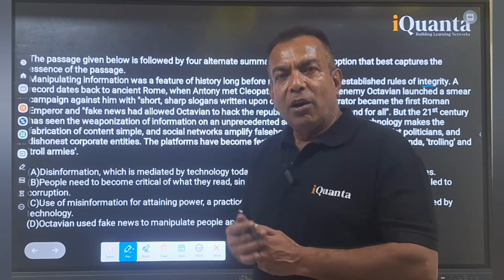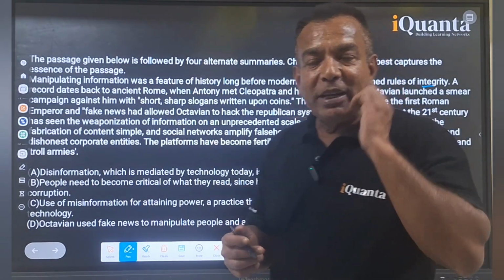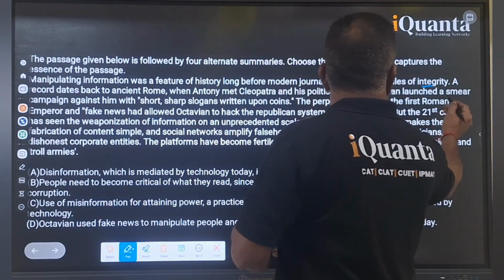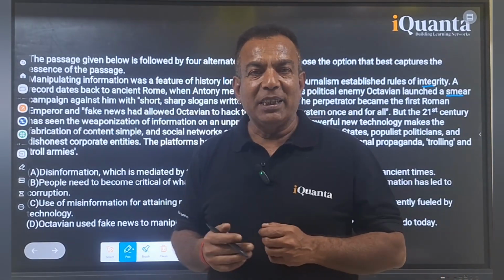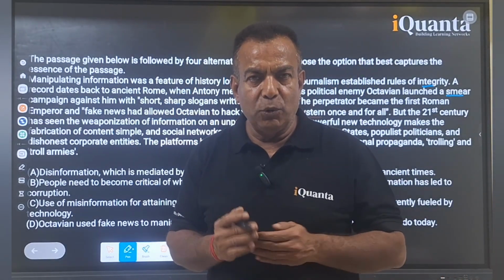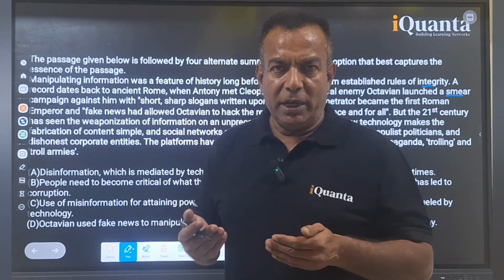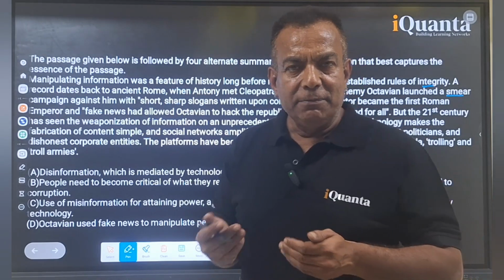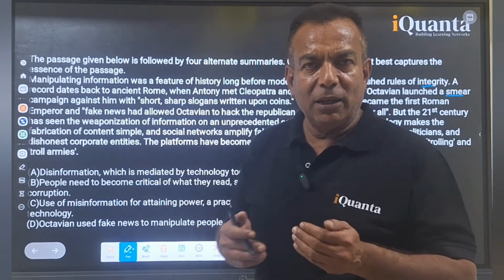And Octavian basically launched a smear campaign. Now, smear here is basically to slander somebody, किसी को बदनाम करना, किसी के बारे में गलत बोलना, जो सही नहीं है, अफवाहें उड़ाना, अफवाहें फैलाना और उसको बदनाम करना, उसकी बेइज्जती हो, ऐसा करने के लिए लोग smear campaign,